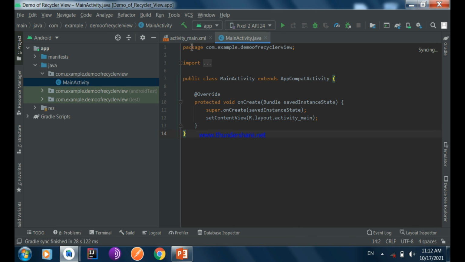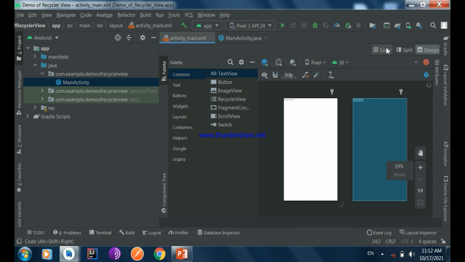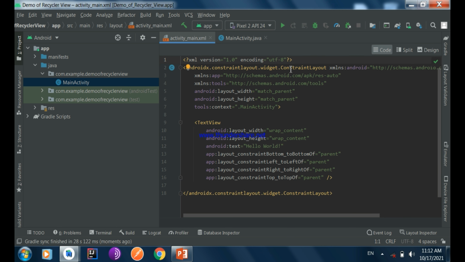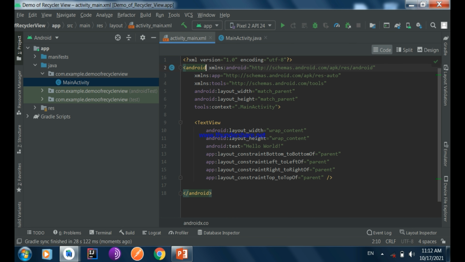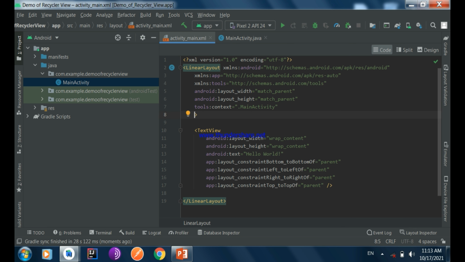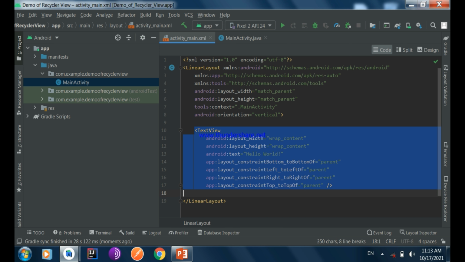Okay, so first of all we have to change the layout of the XML file of the main activity to a linear layout. Then we have to give the orientation as vertical, otherwise the default orientation, which is horizontal, will be set to our linear layout. Then we have to remove this,